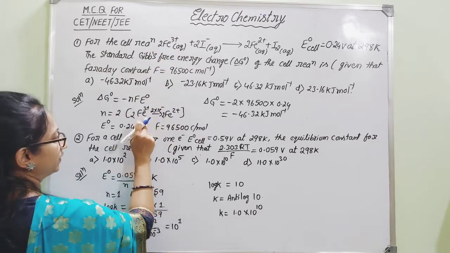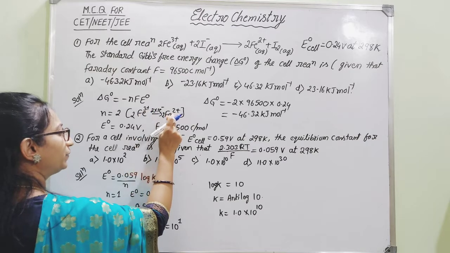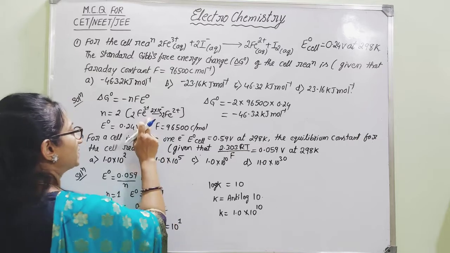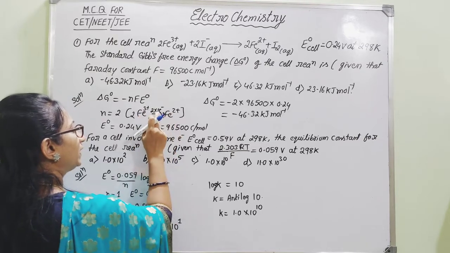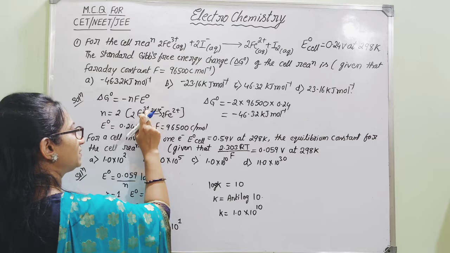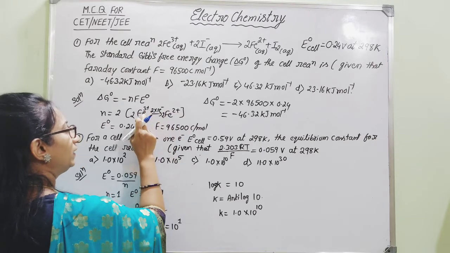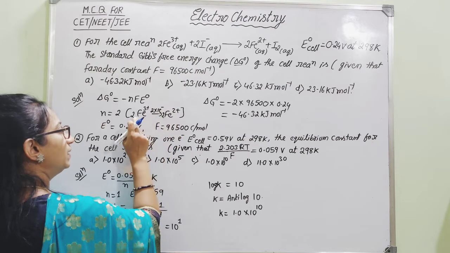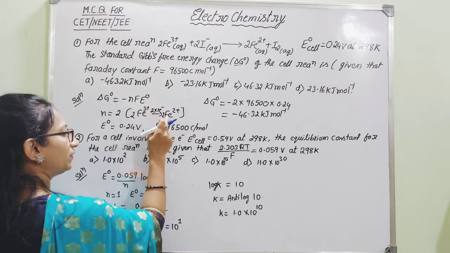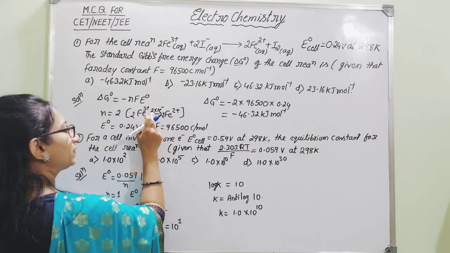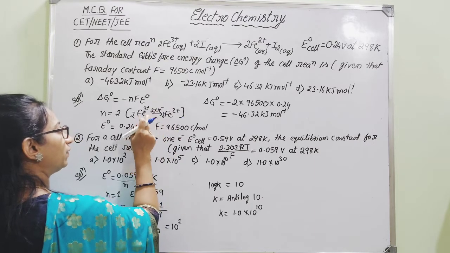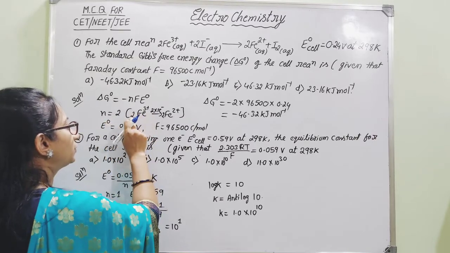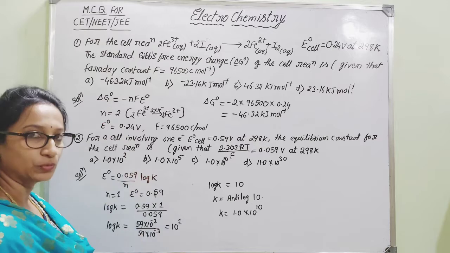In case we consider Fe3+ converting into Fe2+, how many electrons have been added? There is a reduction in the oxidation number. 1 electron has been added for the conversion of Fe3+ into Fe2+. For 1 Fe3+ ion converting into Fe2+ ion, 1 electron is consumed. But for 2 Fe3+ ions to convert into 2 Fe2+, how many electrons will be utilized? That is 2 into 1 electron. Therefore, what is that n value? It is not 1, but you should multiply with 2. Hence, n is equal to 2.